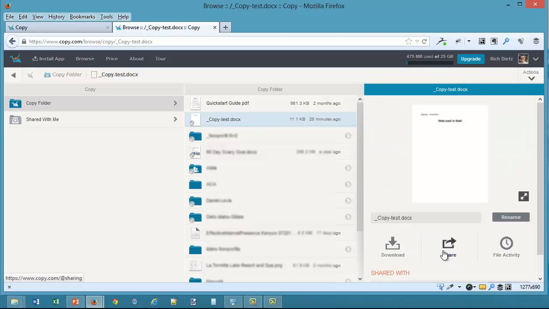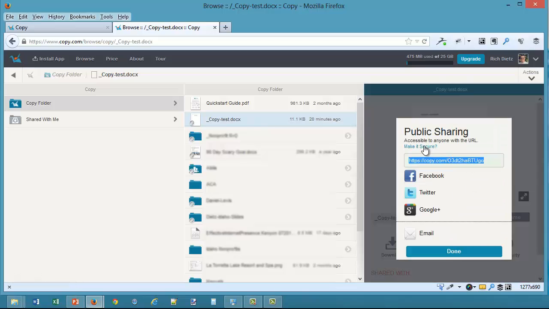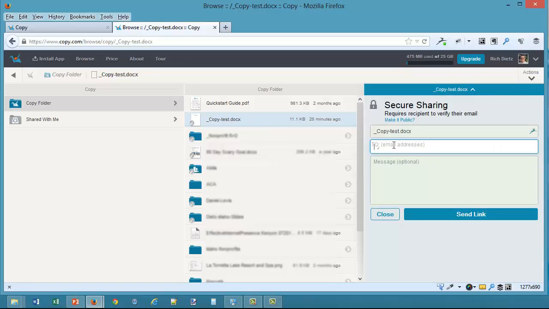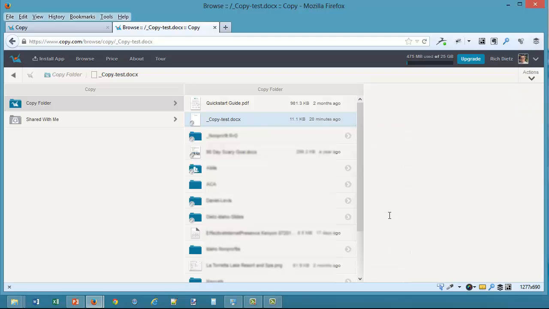That's all great. But the other thing I can do is make it a secure link. If I click on Make It Secure, I can now go Make Secure, and now when I send it to somebody via email, they have to actually verify their email address. So they have to get the email. There's a link in there for them to verify it. That's the only way that they can get to the link to copy that account. So that's great for those things that you don't want everyone to have access to. So maybe a board folder with the board minutes, meeting minutes, and all that stuff in there. So that's great. We can do that.